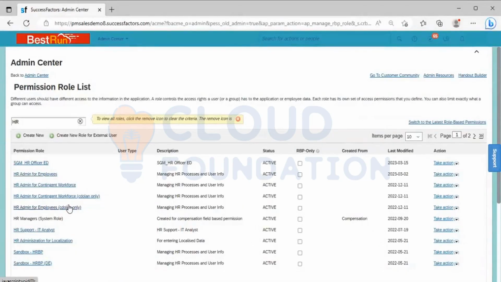Country specific means, what if I take France? There will be one HR admin. If I take Australia, there will be one HR admin. If I take, let's take Germany, HR admin. Permission roles can be divided on the basis of country specific also.